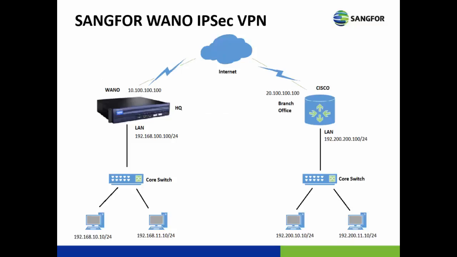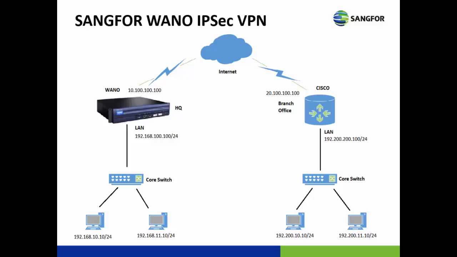We will be configuring the SANGFOR WANO IPSec VPN according to this topology, where the WANO will be configured as HQ with the LAN interface of 192.168.100.100/24 and the WAN interface of 10.100.100.100. For the other non-SANGFOR IPsec VPN device, we will be using the Cisco as a branch office with the